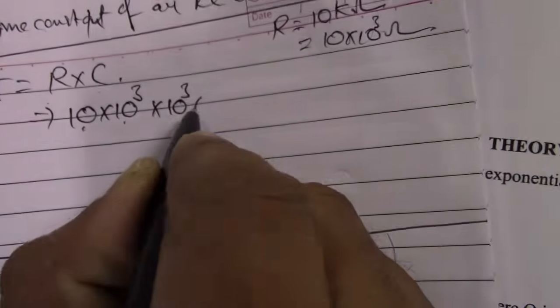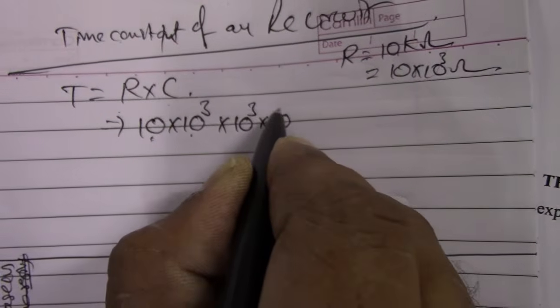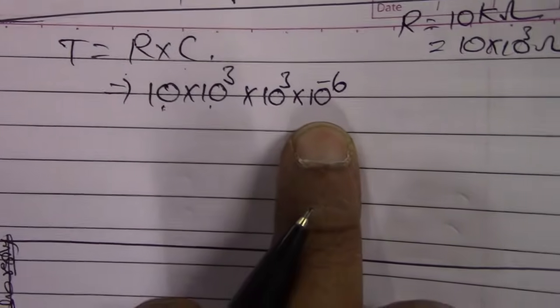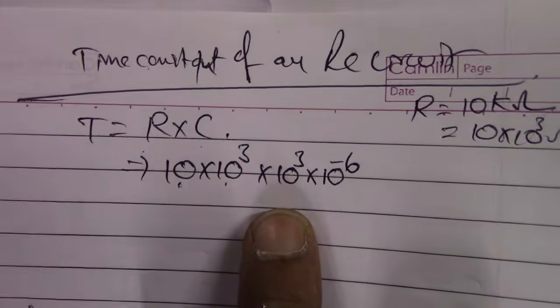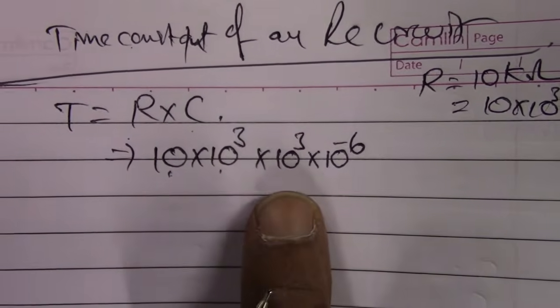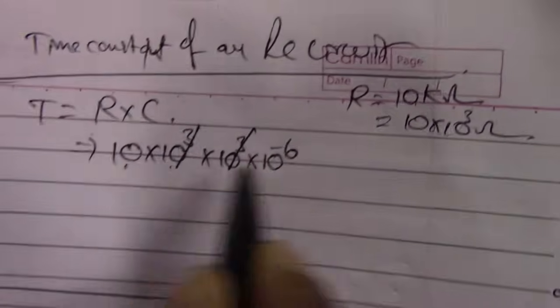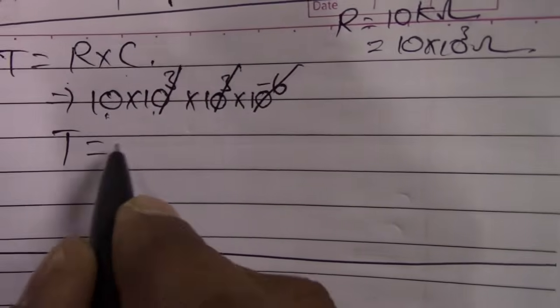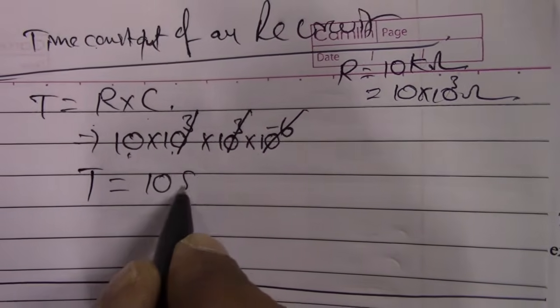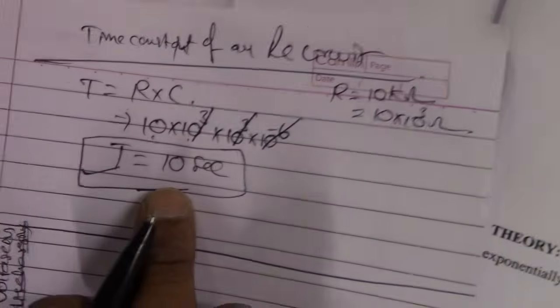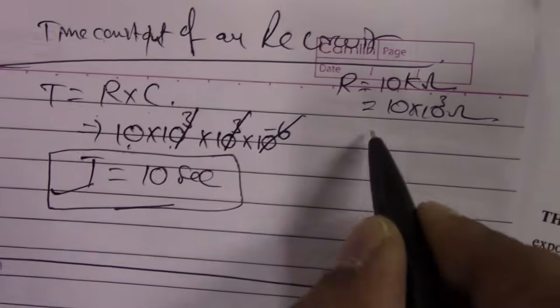Here I have taken the capacitance value as 1000 microfarad. So 1000 means 10 cube, microfarads means 10 power minus 6. So 1000 microfarads represented in farads is 1000 into 10 power minus 6 farads. So here plus 3 and minus 6 cancel out. So what is the time constant value? T is equal to 10 seconds. So theoretically this is the time constant, students. T is equal to 10 seconds. You may choose another set also.